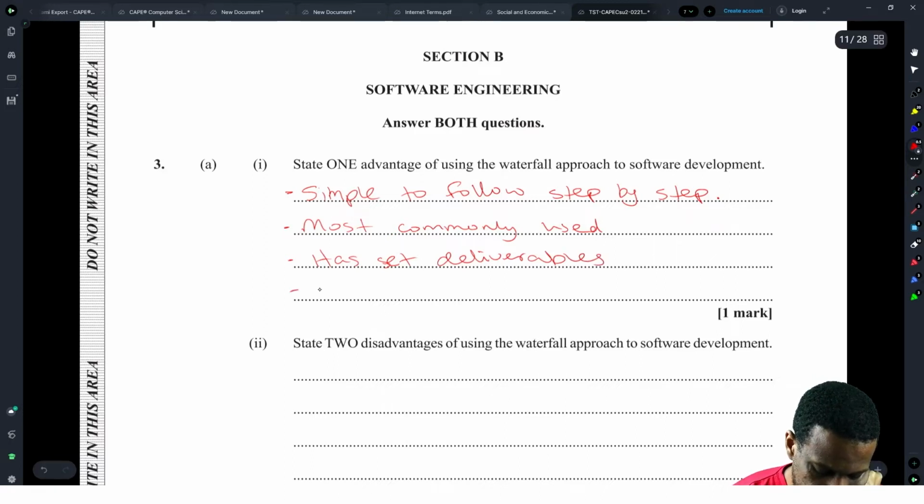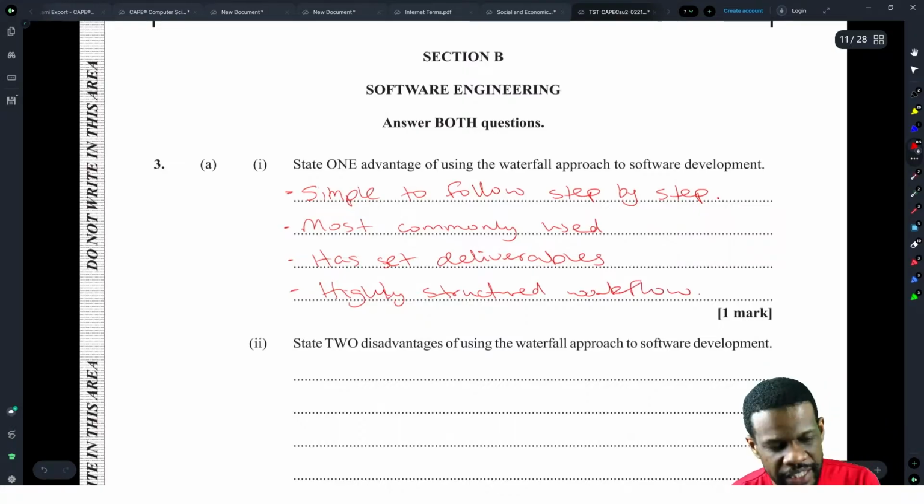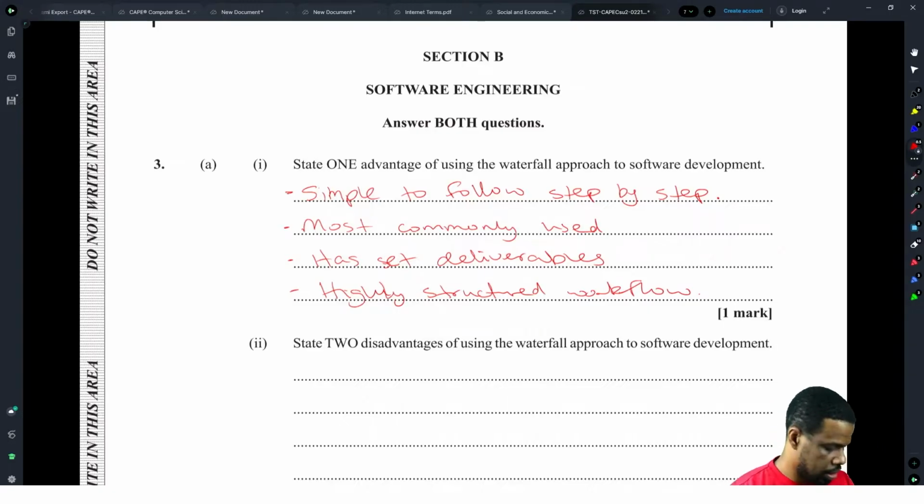Anything that you could also add in, like a highly structured workflow. Something along those lines. Once you show that you understand that the waterfall is the most structured method of them